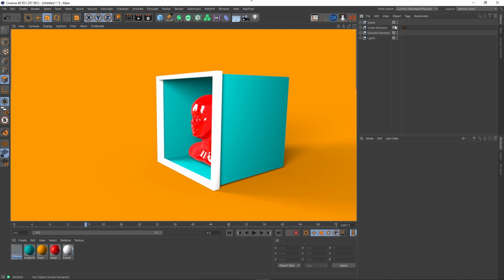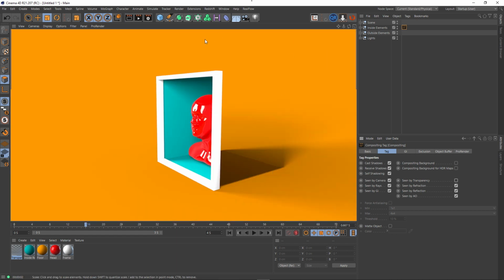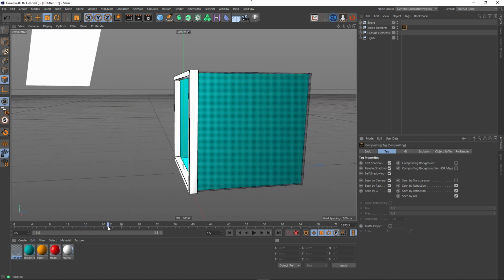So these inside elements that this is on, I can say they're not seen by transparency, and because the transparency only exists in this area, you will only not see these elements within that area. So now that that's turned off, we can give this another render, and lo and behold, it hides our object, which is great. Now you notice the frame is a little bit bright,